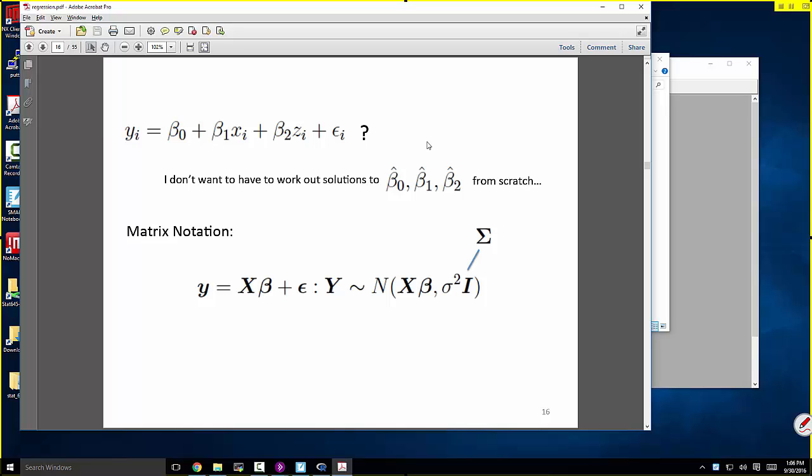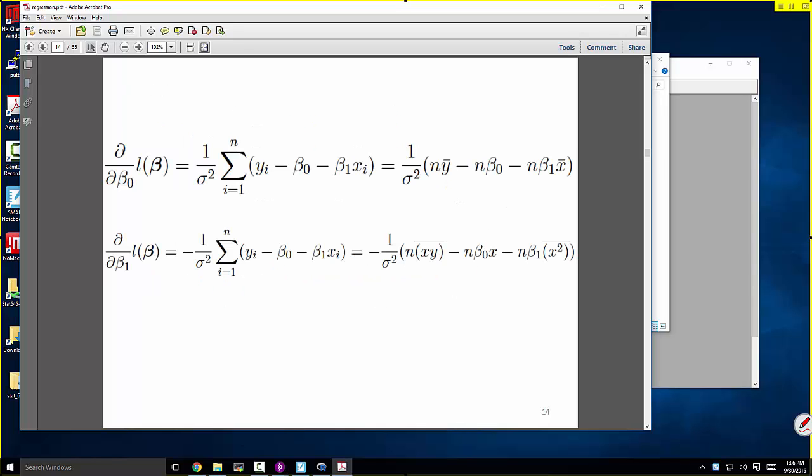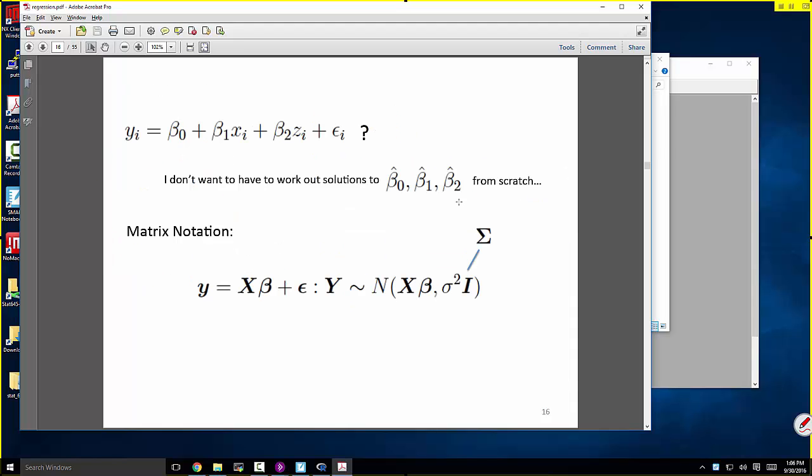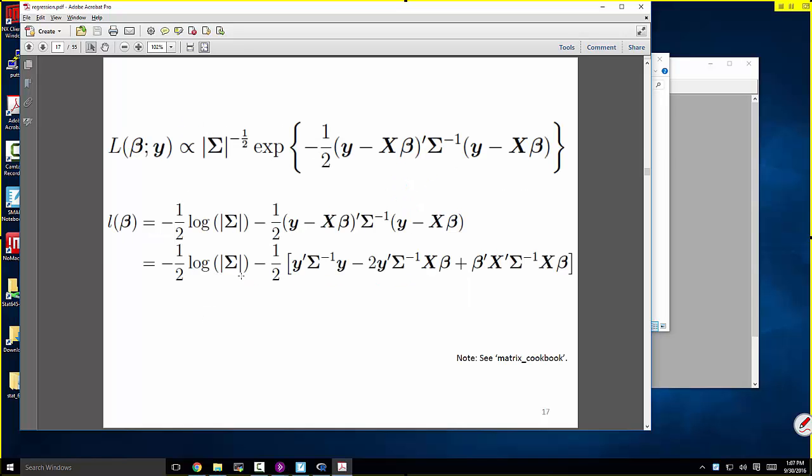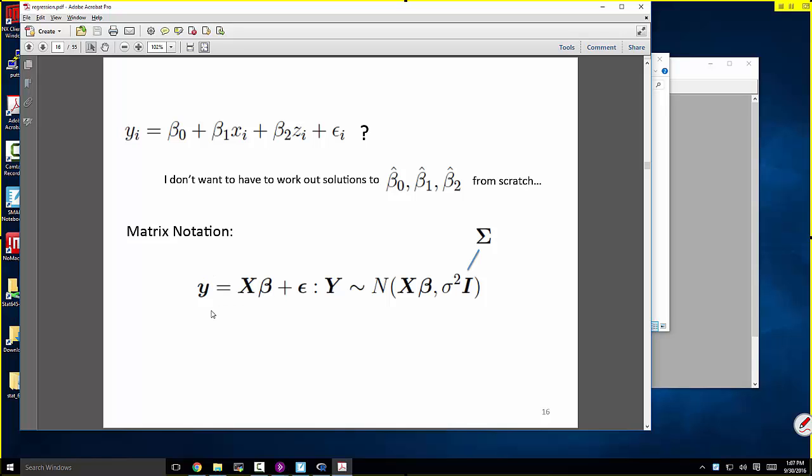We could go back and do the same thing we did here: differentiate with respect to beta 0, then differentiate with respect to beta 1, then differentiate with respect to beta 2, set all three of those equal to 0, and solve the system of three equations. That gets tedious if you had to do that for every single model. And this is where it becomes handy to represent our regression model using matrix expressions. So here's why. If we say y the vector equals X the design matrix times beta the vector plus epsilon the vector,